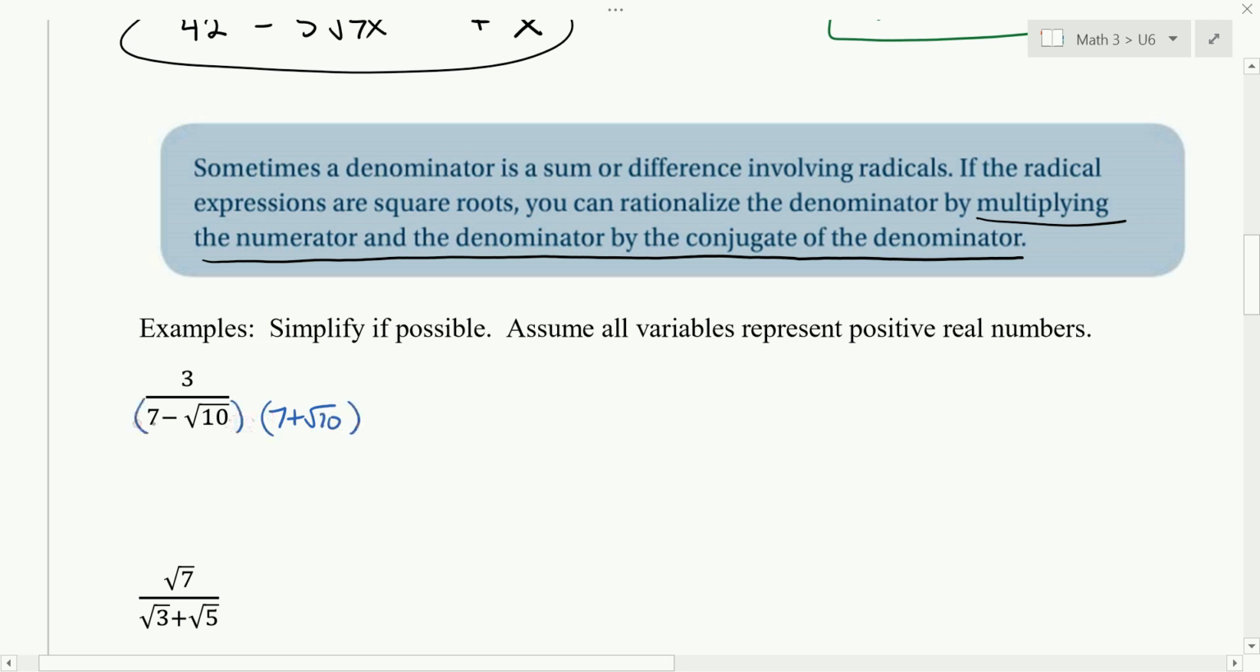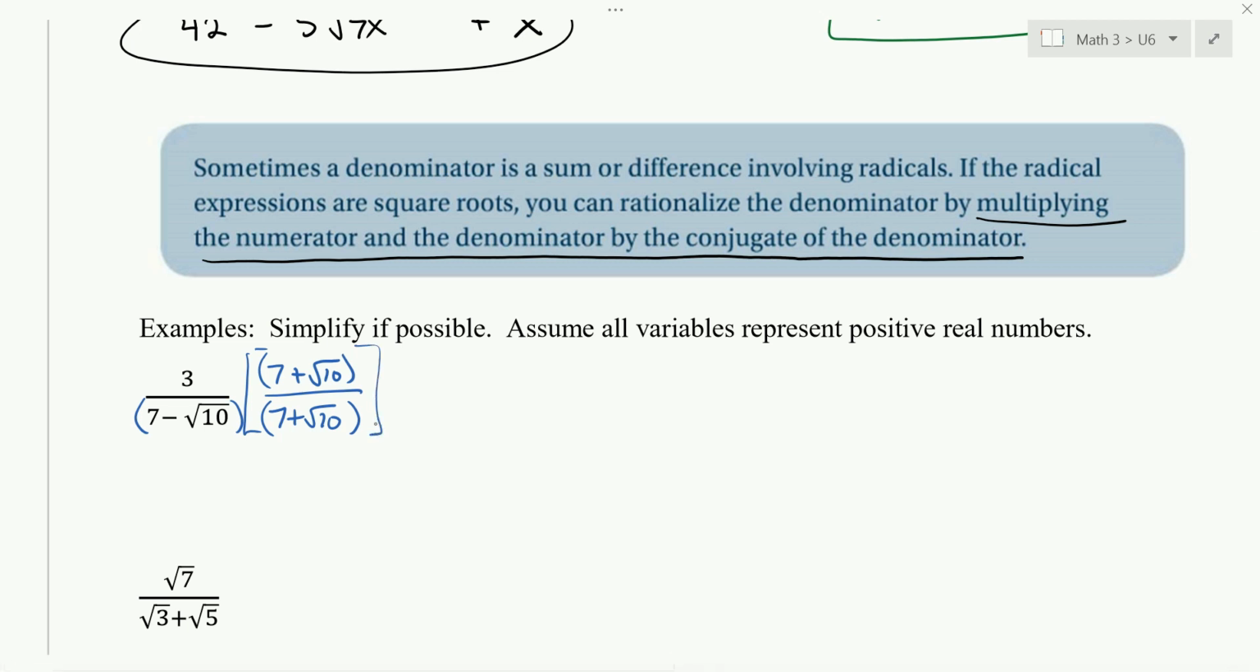So a conjugate is kind of the opposite, not exactly the opposite. It matches the two terms, but in between them, you're going to put the opposite sign. That's what we mean by conjugate. So here we got another 7 plus square root of 10. Why do I have to put that in multiplying the top part as well? So that this whole thing equals 1. All we're doing is multiplying by 1. Okay. So if we multiply this